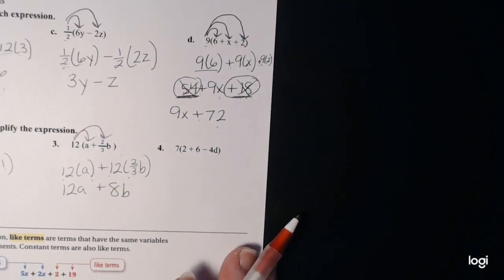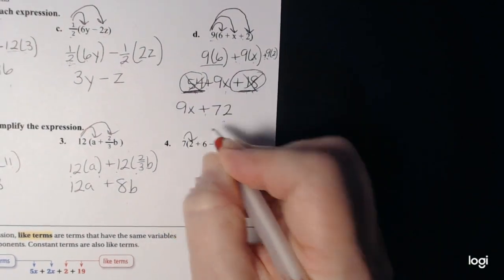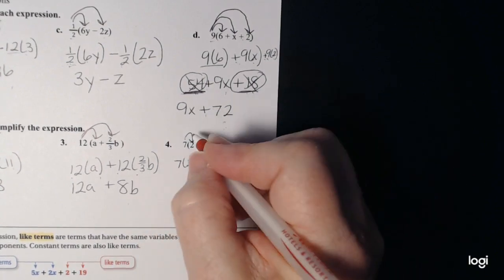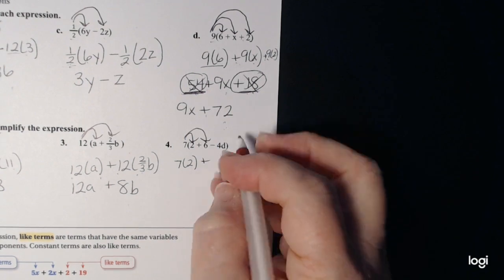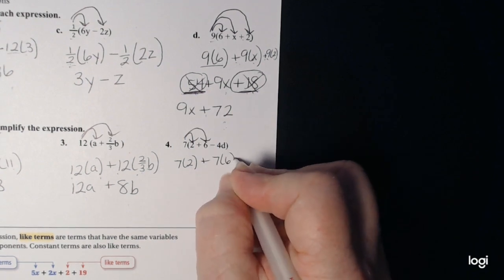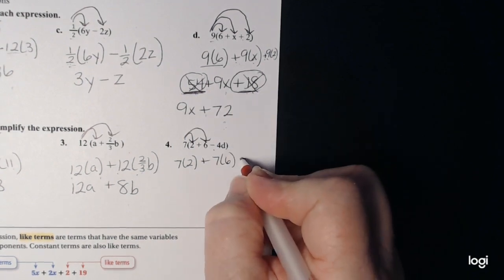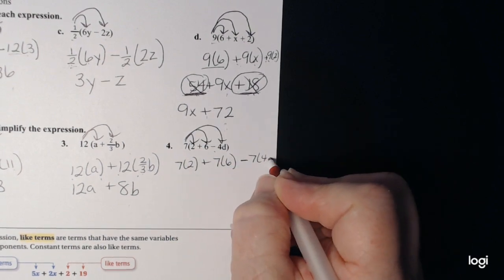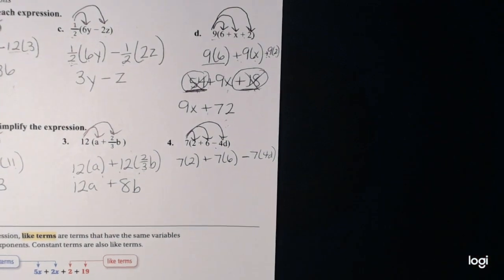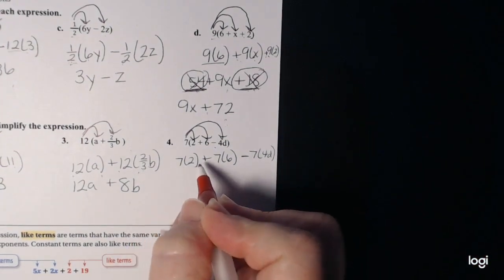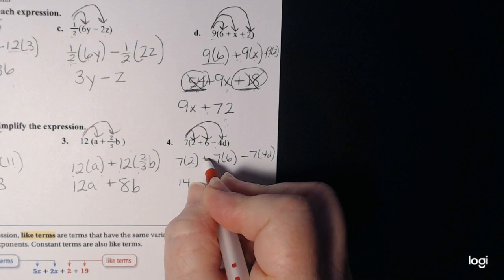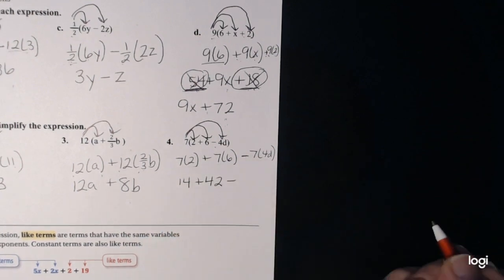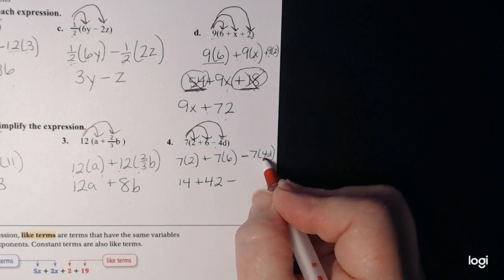All right, let's look at our last one. If you did this, you did 7 times 2, kept your sign. You did 7 times 6, kept, oh, hope you saw it was a minus. And then you distributed 7 times 4D. All right, let's go ahead and simplify. 7 times 2 we know is 14. Keep my sign. 7 times 6 is 42. Keep my sign. 7 times 4, that would be